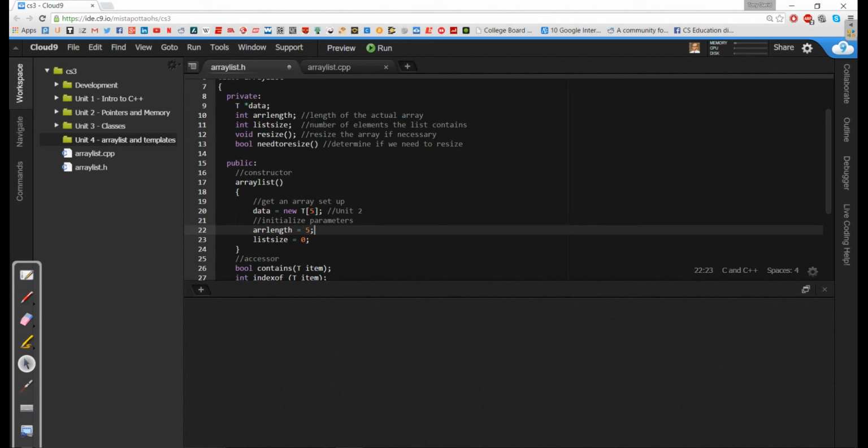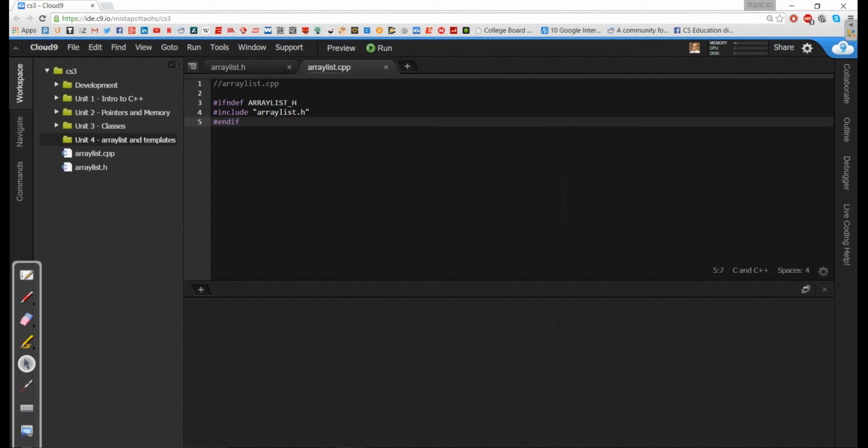So now that we've got our header file set up, now we need to implement some of this in our arraylist.cpp. Now, the issue that we're going to have here is that for every method that we write, we're going to have to template the method. Because remember that we're not just creating a class of Arraylist, we're creating a class of Arraylist that keeps track of its type. So every time that I write a method, I'm going to have this template class T